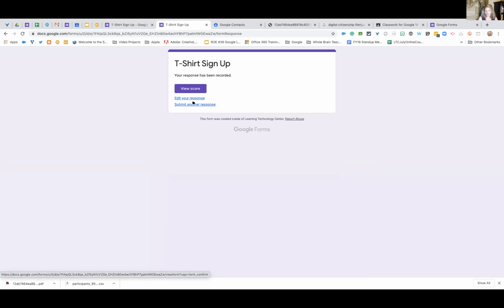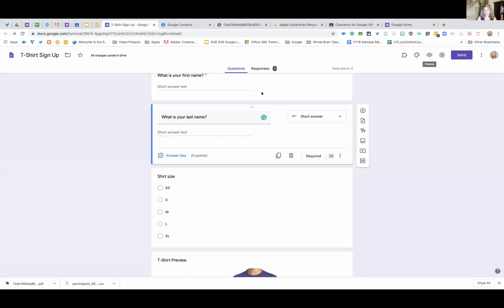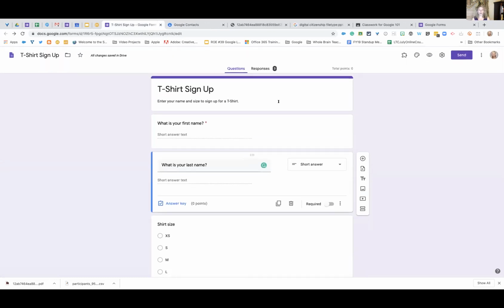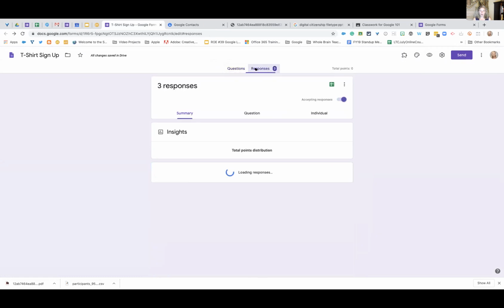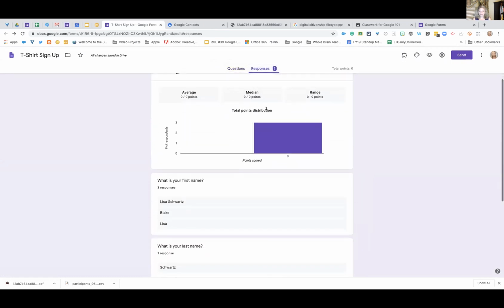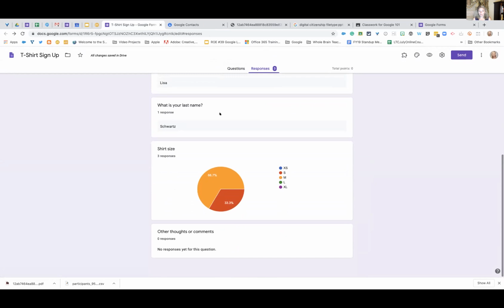So if I turned that off, they wouldn't have that link there. So then if this is your form that people are filling out, where do you see your responses? If you go right here, do you see on the Google form, I've got questions here and responses. So right here, here's all of the responses that I have on the form. Here's each question. And so far,